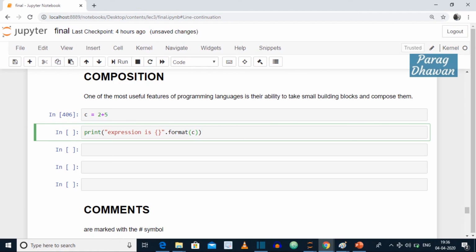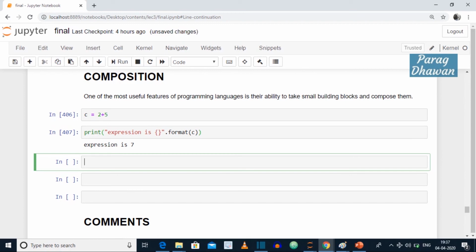Here what you have done, you have combined an expression as well as a string, as well as you have used a format method and a print statement. This is an example wherein you are combining different blocks of your programming statements and you are creating a larger block.